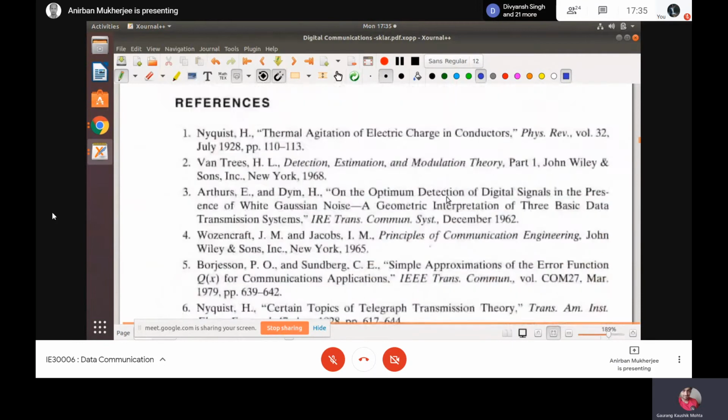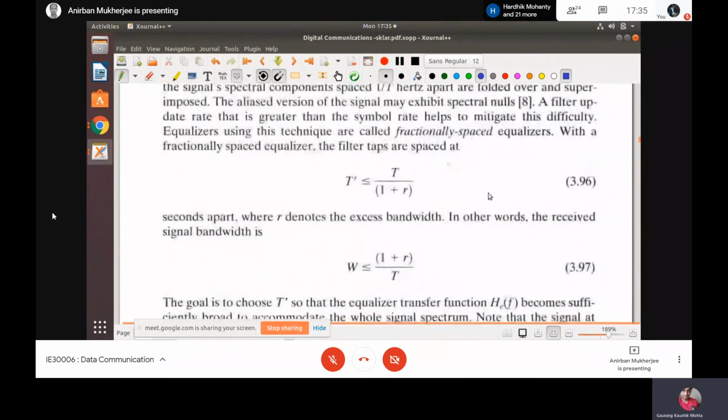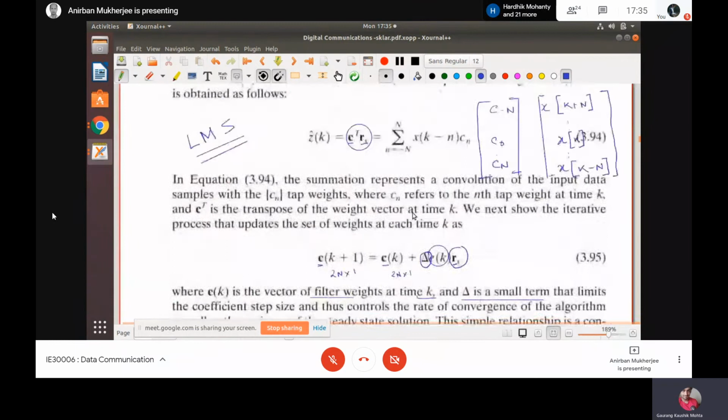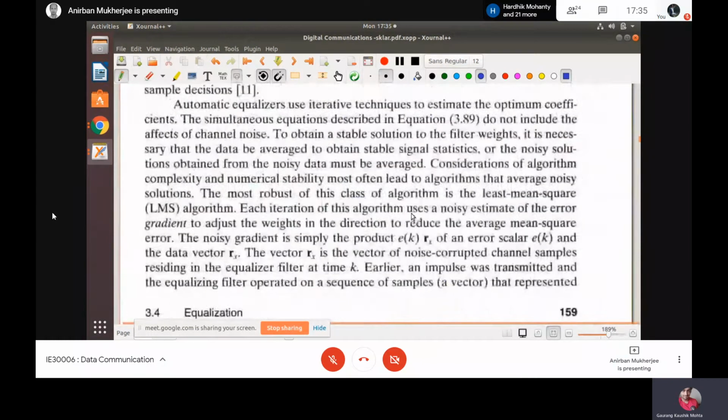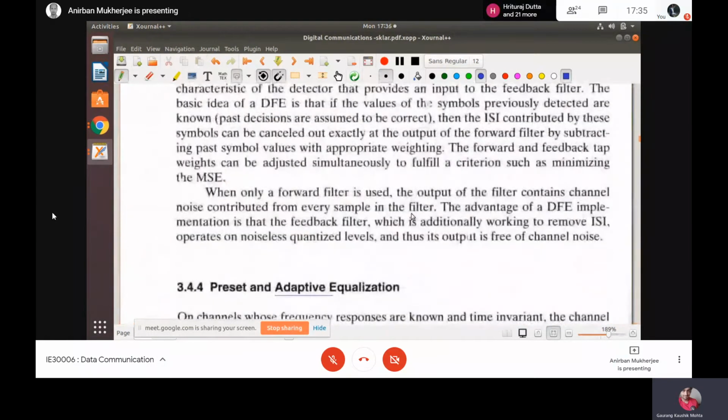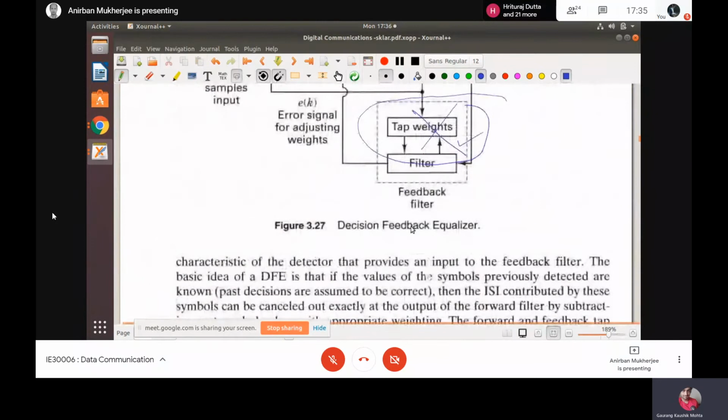This is about, that means if you do the equalization, that means if you calculate these C's and if you keep this C for quite a long time, then what happens is that finally your signal, that means I have a